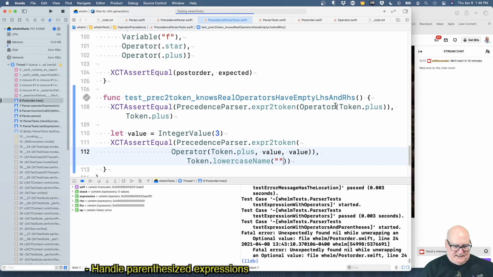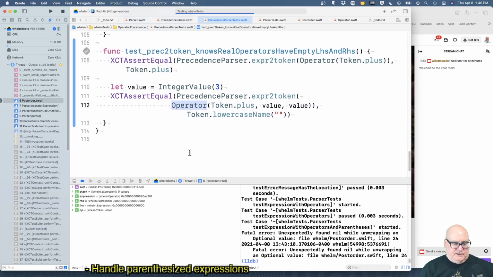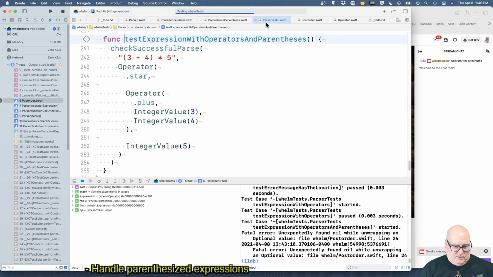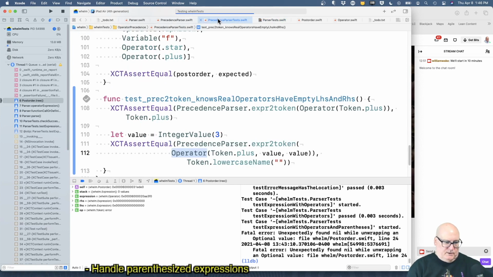What I would like to say is only operator token is treated this way. And regular operators, I think those are legit nodes. Okay, so we'll take this test out again. We're going to do the refactoring to change operator versus operator token. Okay, and